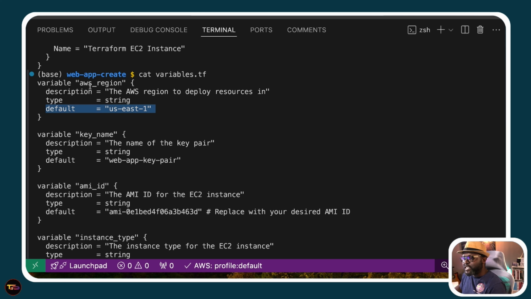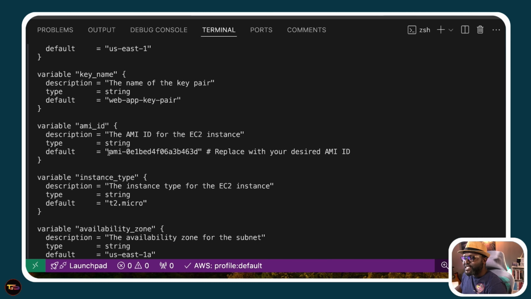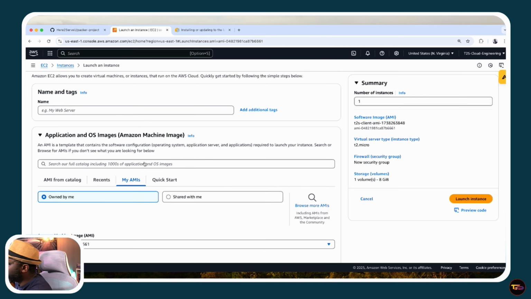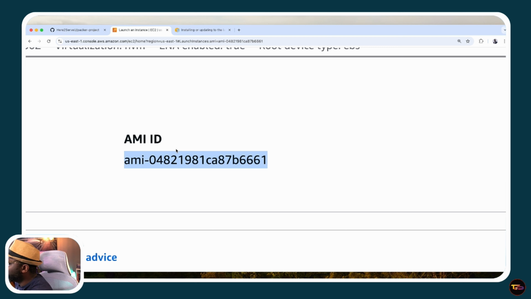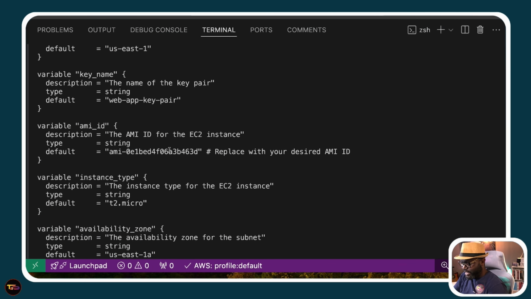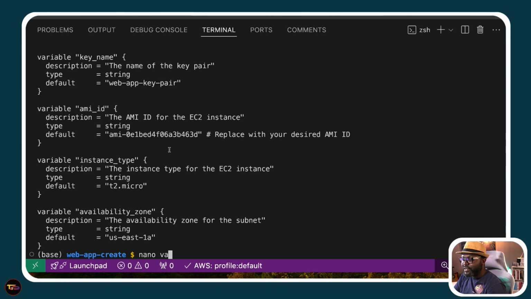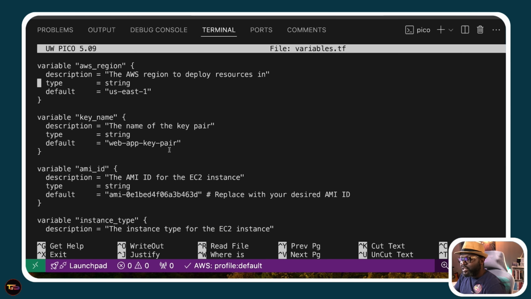You only change the default, like for the region that you use as part of your main file. Change the key name, AMI ID, and then in our case, we're gonna change this. If I take you here, let's go to our AMI here. So we're gonna need to use this AMI ID. You're gonna have to copy it, go back to your command line, and we will nano the variables file here. Look for the AMI ID, I meant to say. You're gonna come here,